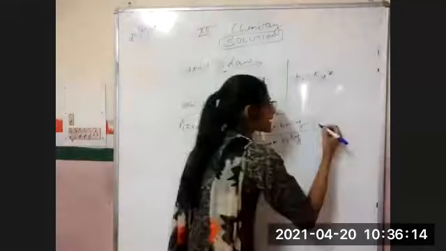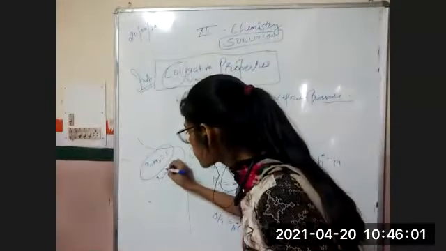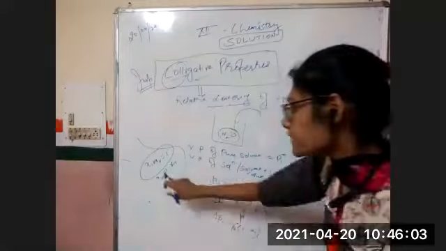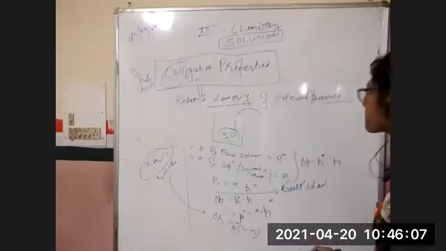Now we know that the mole fractions X1 plus X2 equal 1. We studied in the last class that X1 plus X2 must be equal to 1. So 1 minus X1 equals X2, and we can put this into this equation. What would happen?